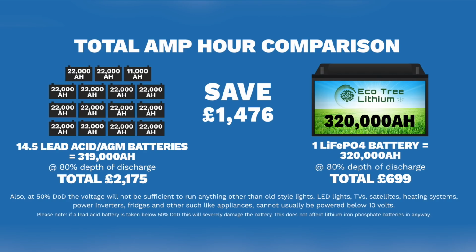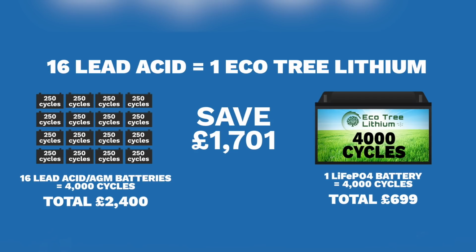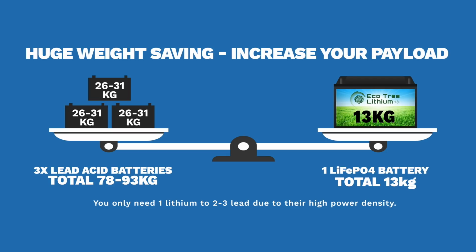With lithium batteries, you're getting 24 times more total amp hours than lead acid batteries. You're also getting 12 times more cycles with lithium compared to the other two batteries. Lithiums are not only more powerful, more efficient, and just better all round, but the other benefit is, as Neil and Emma found from Urban Van Life, go and watch their video if you haven't, they had 3 AGM batteries which weighed an absolute ton and was taking up so much weight in their van, but with lithium batteries they're 40 to 50% lighter, which means if you've got a heavy van, go lithium because you can save a shitload